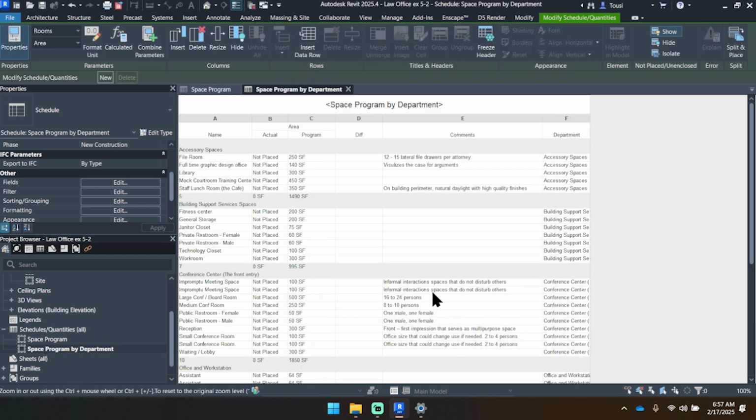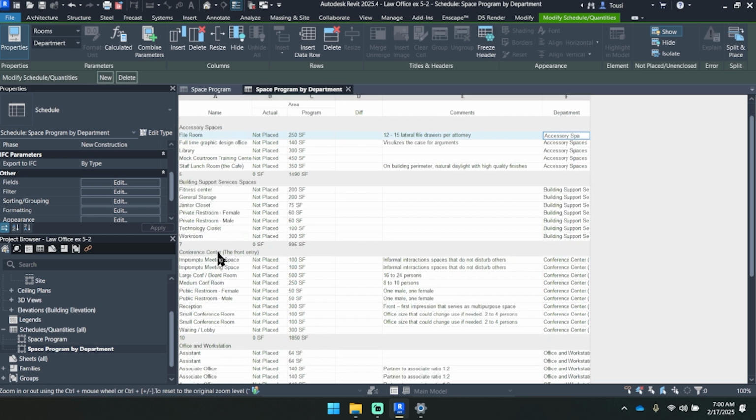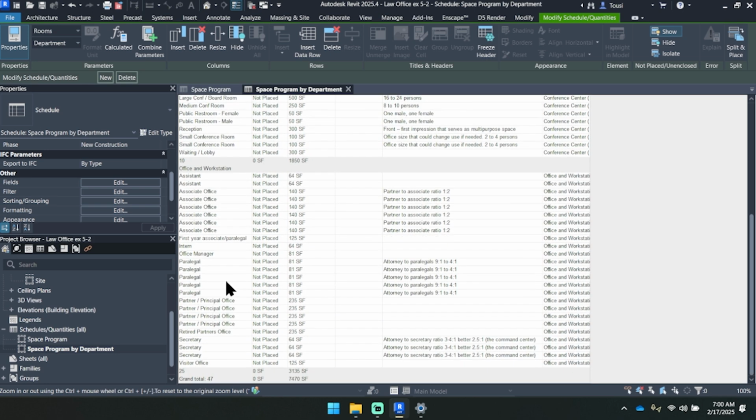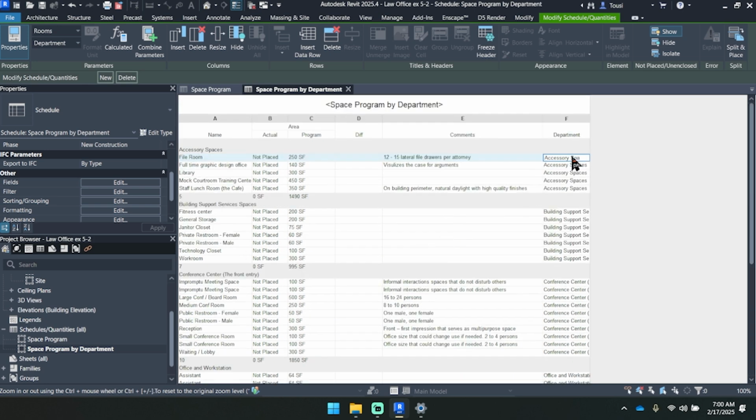We'll click OK, and you'll see that it is going to break it up by the departments that they have been associated with. The departments will be accessory spaces, building support services spaces, conference center, the front entry, and office and workstation. Once you have finished entering in the department for each of the rooms and it breaks it up like this,